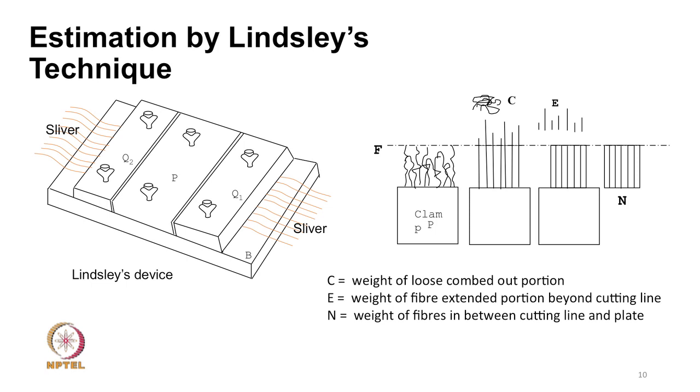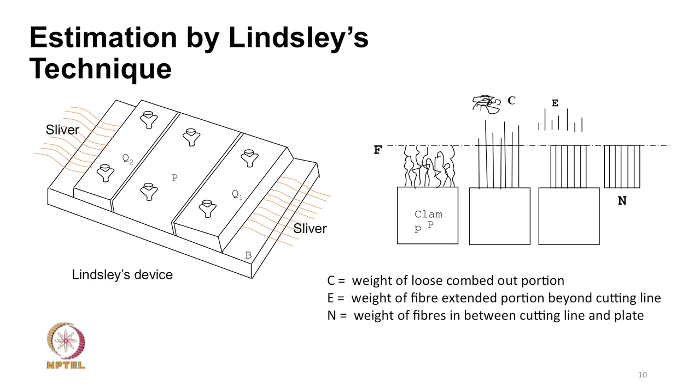So, there are holes here which pass through this plate and go further down the base plate. Using the fly nut, we can remove these plates or we can tighten the plate against the base plate. The width of the plate P is around 1 inch. The width of the plate Q is around half an inch.